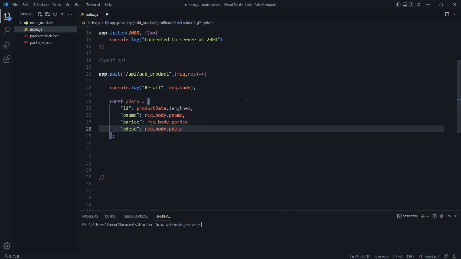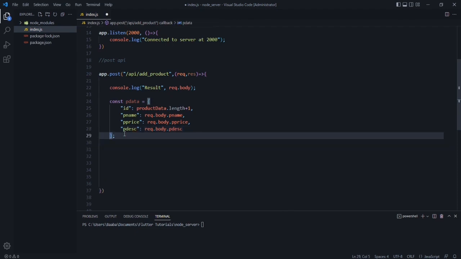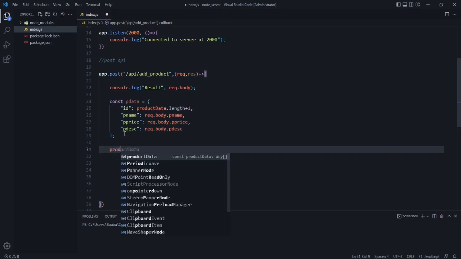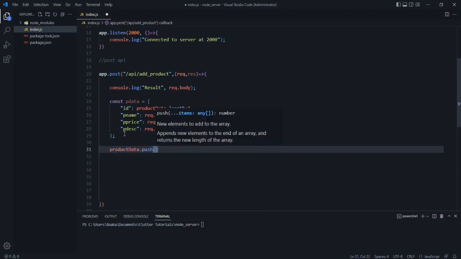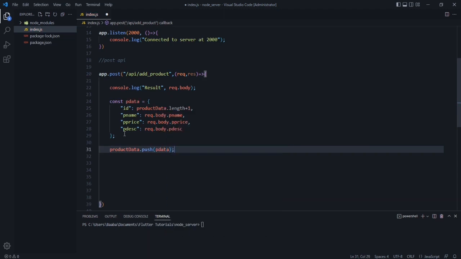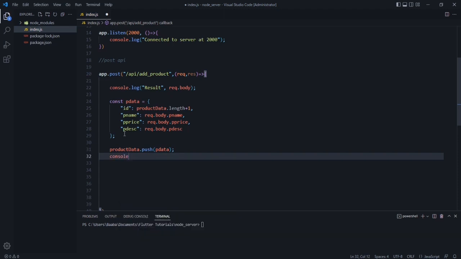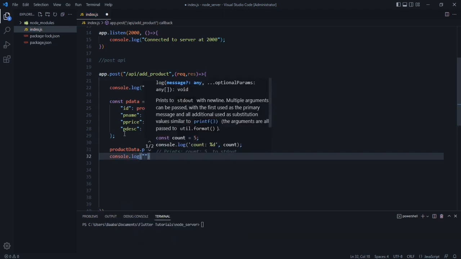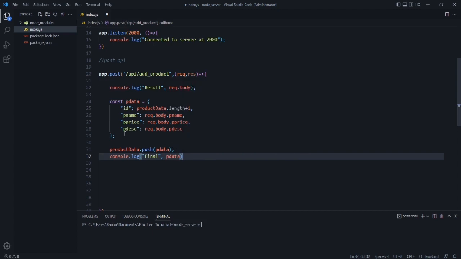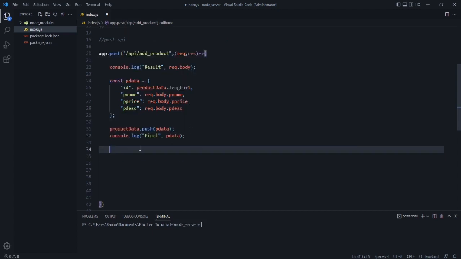Okay, so this is our p data, in which whatever is received here will be stored in this single data, and after that we can store this into our list. So just say product data.push, and now we need to store the p data here. Okay, so after that we can also print it, so console.log, and it will be our final, and now we can use our p data. Okay, so it will add the data in our list.